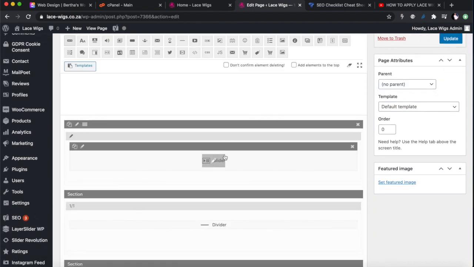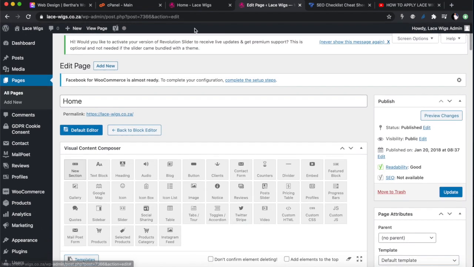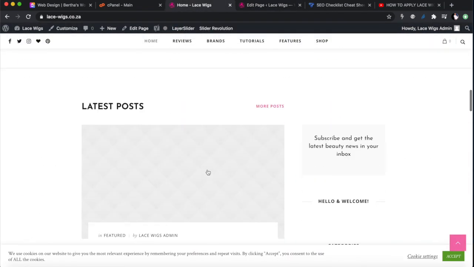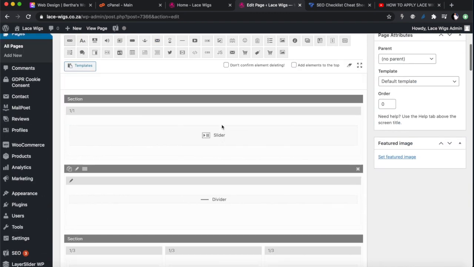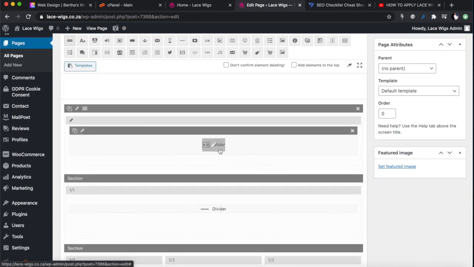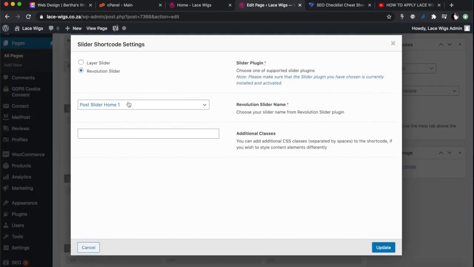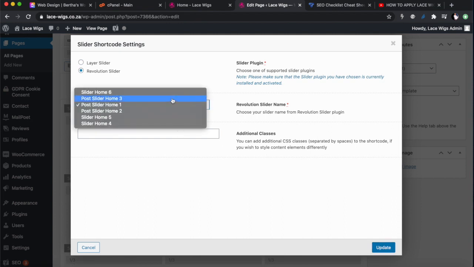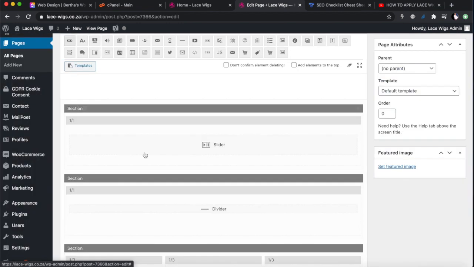This is what we're going to be editing for now, but you can see all the other elements that go in the page. All those other elements are the rest of the elements on the page there. So what we're going to start with is the slider. All right. So for the slider, just click on it there and just take a note of the slider name, slider home 1. All right. And there's multiple sliders you can go with, but they went with home 1. And I'm not going to update. I'm just going to cancel.